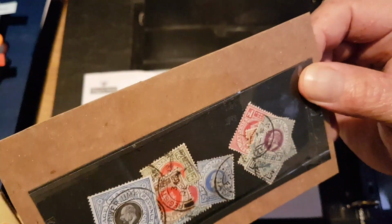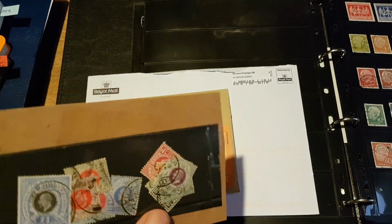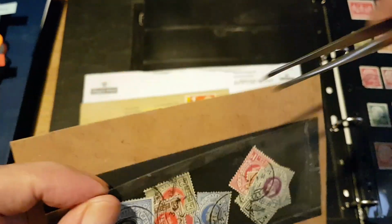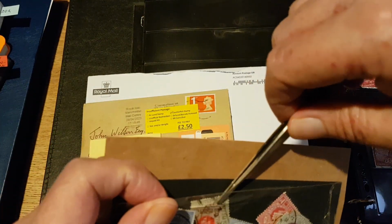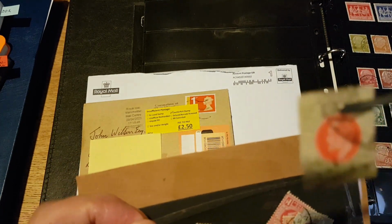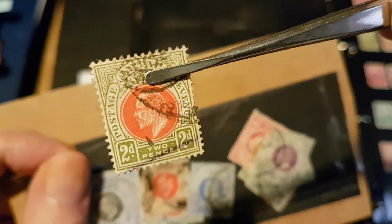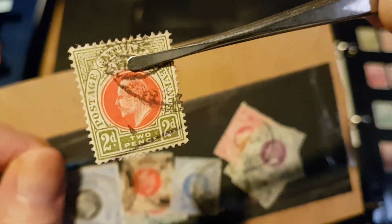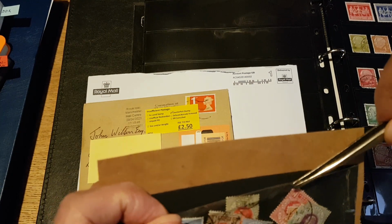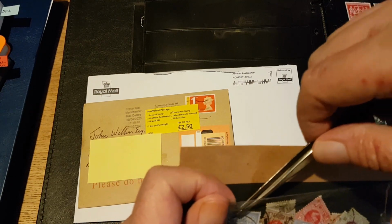So anyway, what we've got in here is, I bought this for one particular stamp, because I've got most of these. They're all fantastic looking stamps, by the way. You know how I love my Edward VII. These are Natal, South Africa, George VII stamps. Now, I've got all of these already, but the one that I was after